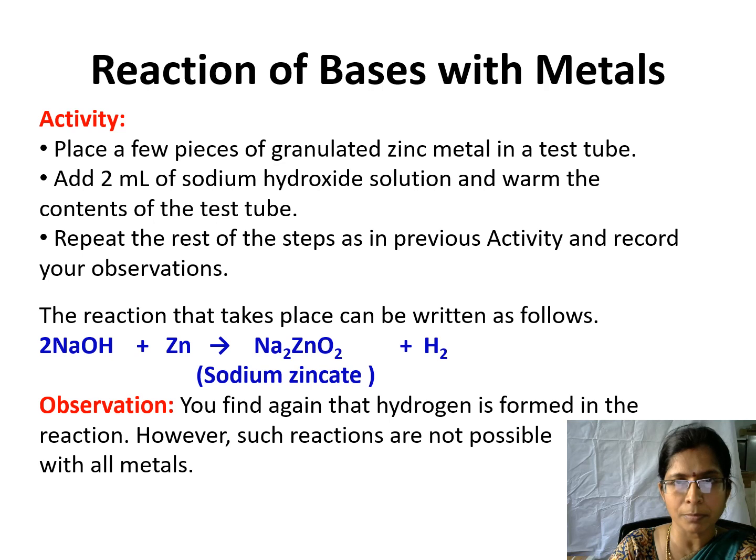So to sum up the reaction of acids and bases with metals, we can say that whenever an acid or a base reacts with metal, it always forms salt and releases hydrogen gas. Sometimes it may not be possible with a few acids like nitric acid and a few bases. The reason behind this you will be learning later in your further classes.